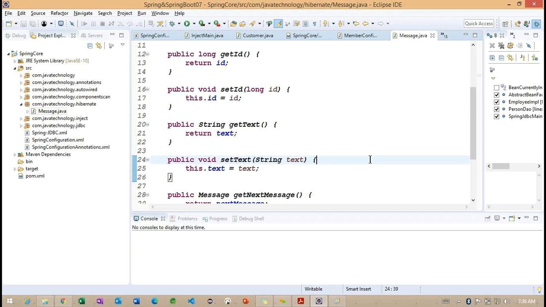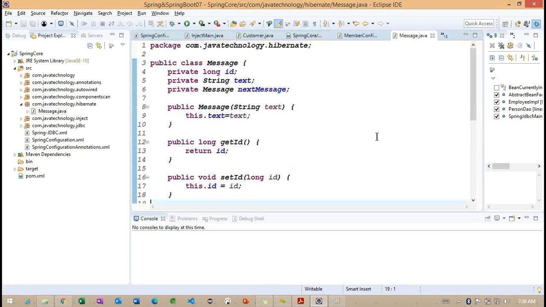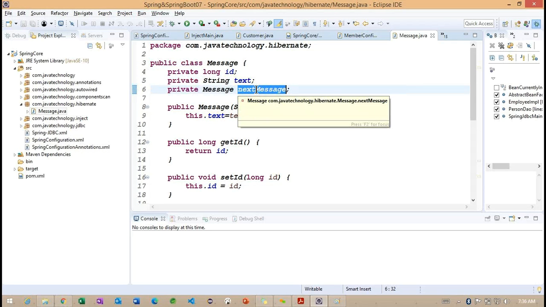This particular model class will have tables here. Based on these classes, we are going to have the business logic here. And now understand, this particular message class has three properties here. What exactly are the three properties? The first one is an ID, the second one is a text, and another one is the message, which is going to have another message. It's nothing but we are referring to another message object here.